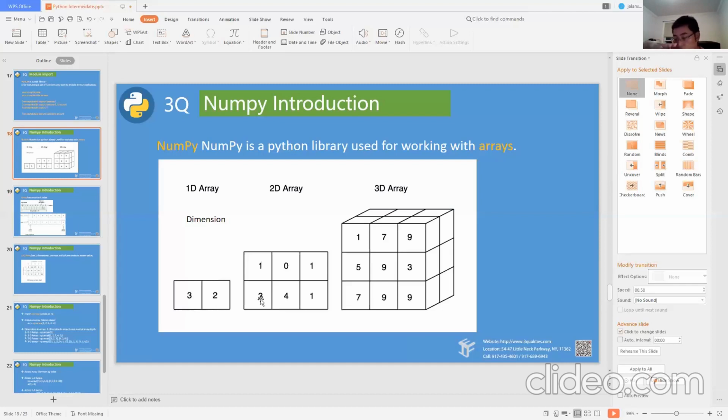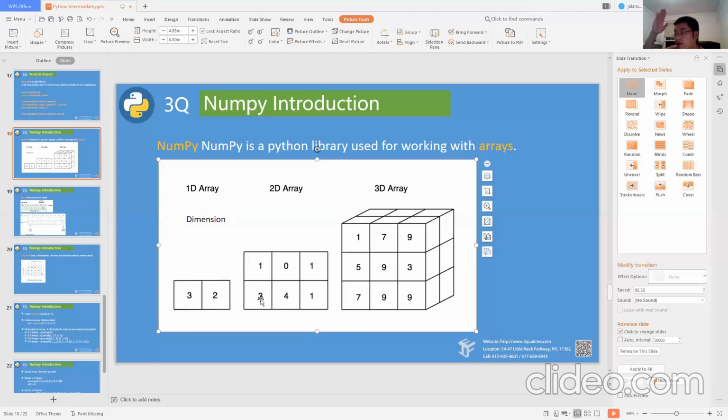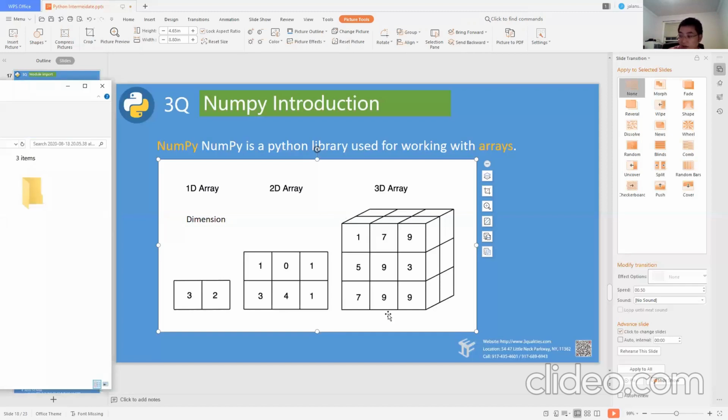You have a row and also a column. When I say 3D array, you have this line, horizontal, vertical, and the, what's that called?